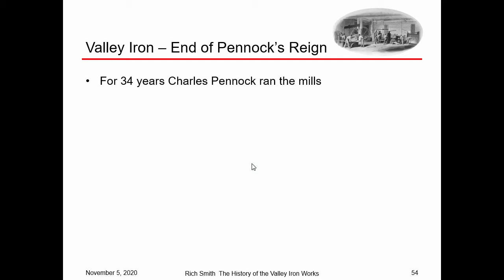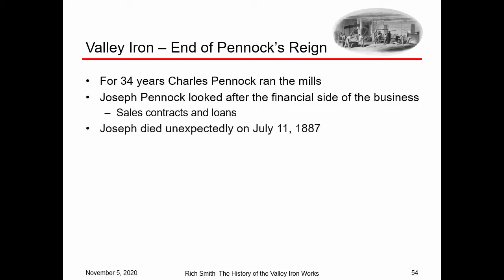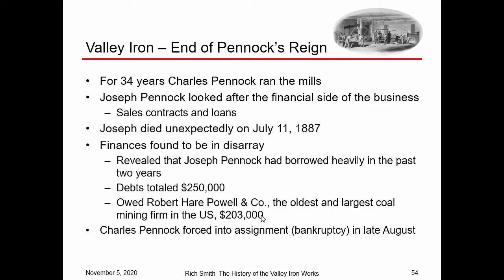During the first 34 years of operation, Charles Pennock ran the mill and Joseph looked after the financial side of the business. He negotiated the sales contract and took care of the loans. When he died unexpectedly on July 11, 1887, Charles found that the finances were in disarray. It was revealed that Joseph had borrowed heavily in the past 2 years to keep the mill operating. The debts of the firm totaled over $250,000. A lot of it was owed to a company by the name of Robert Hare Powell and Company, which